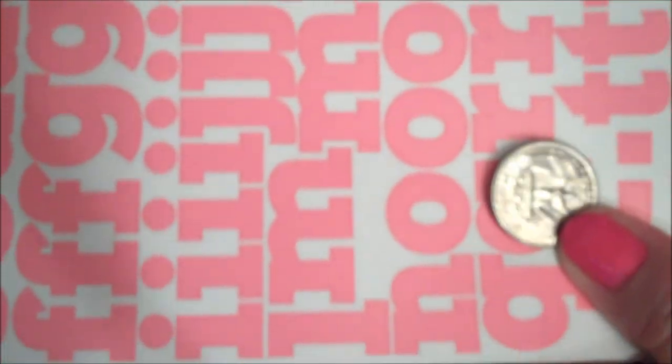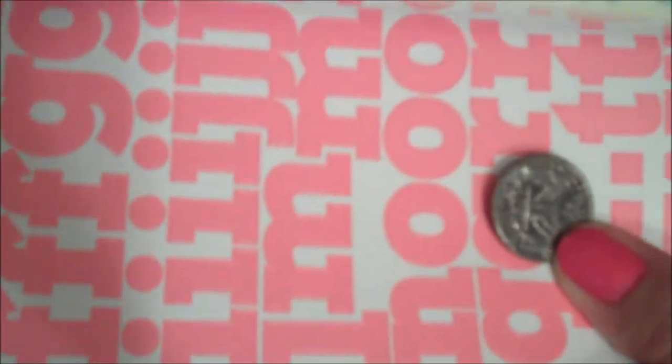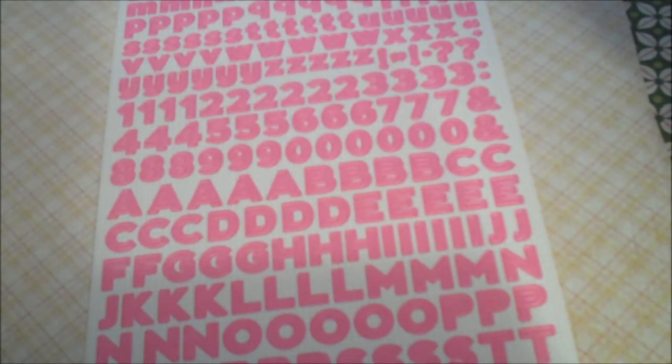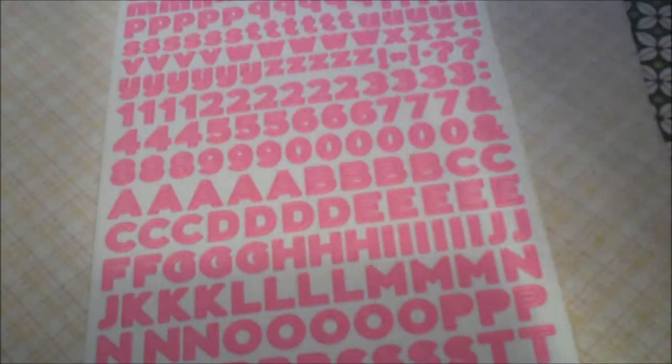So there's an O. And here is an O. Yeah. See the difference, guys? Let's find a better letter. Okay. Look at the pink M and then the teal green M. So there's a huge difference in size. This looks really big on camera. It is not. It's about the size of, you can see it with the quarter, but these are about the size of Thickers. These are smaller, like the ones from